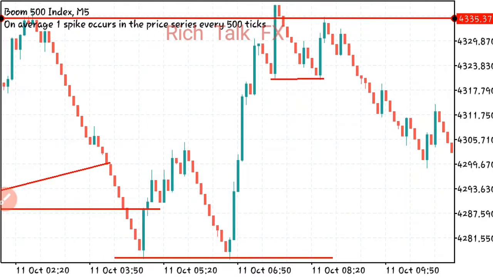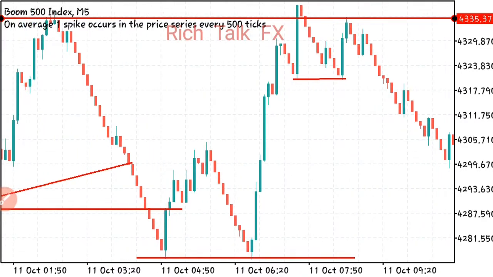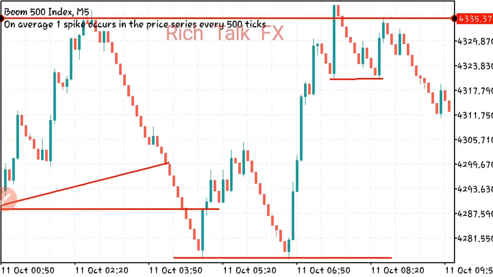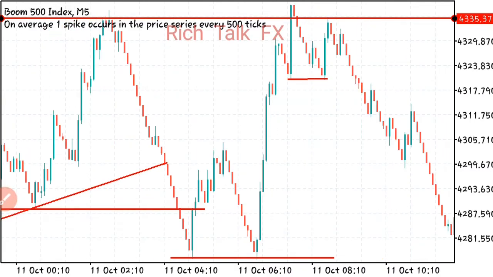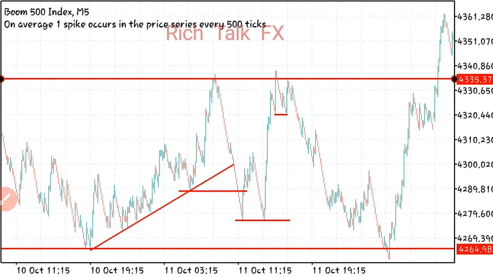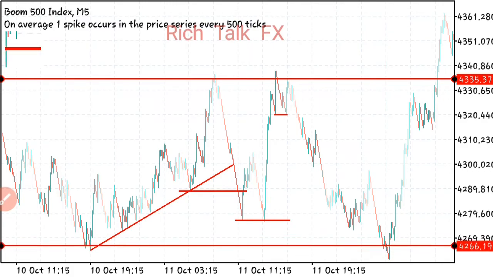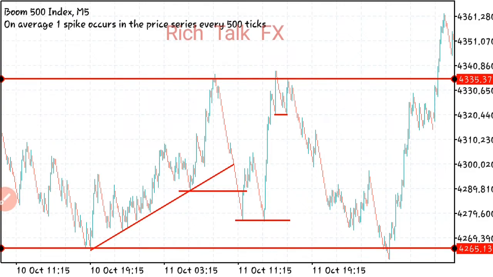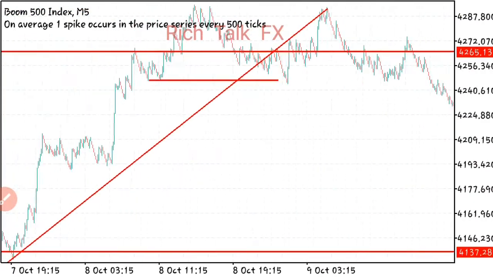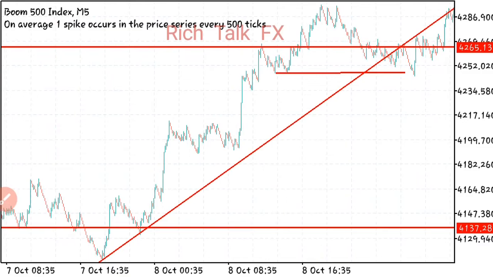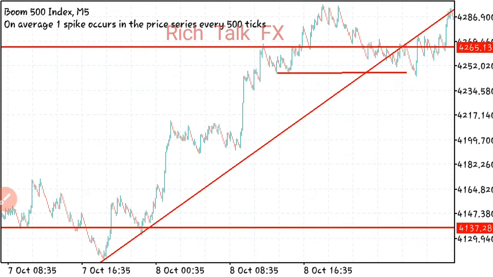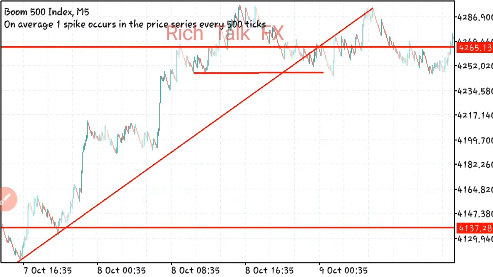So once it went back to the area of supply, it was rejected. You see, that's a rejection candle. Then the market starts going down. So you could have taken your trade there, and where is your take profit? At the beginning of this trend line again. So you could have made money there. Let me check another example. This is another example. This one wasn't too